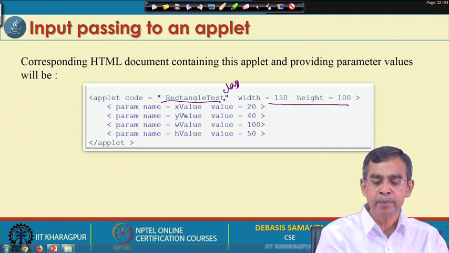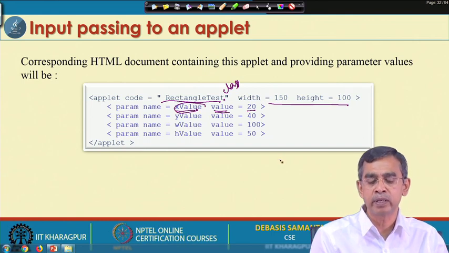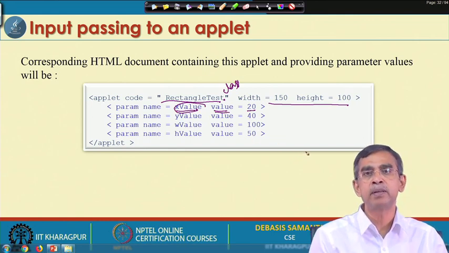And here param name xval, and this value equals 20. That means, we want to say that this is the parameter name xval whose value is 20. This is typical HTML code, with values 20, 40, 100 and 50 for xval, yval, wval and hval respectively.